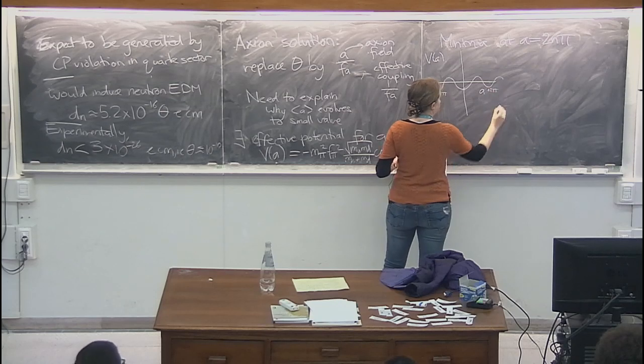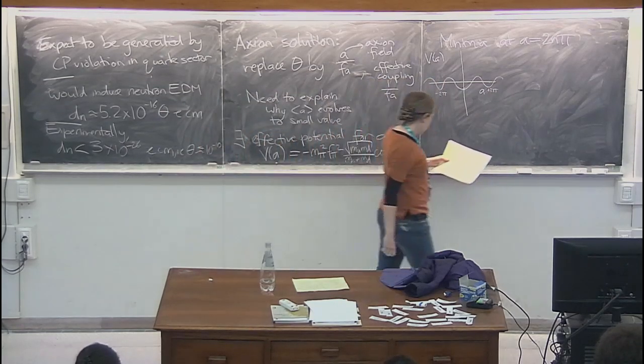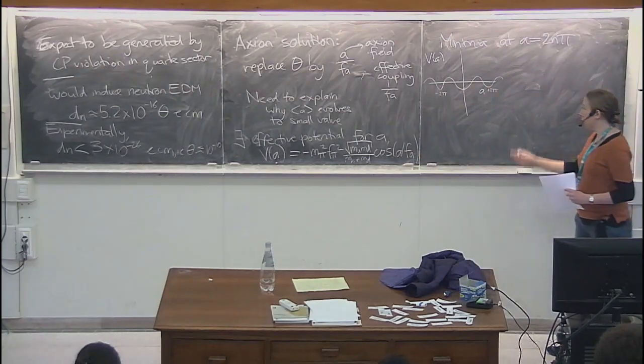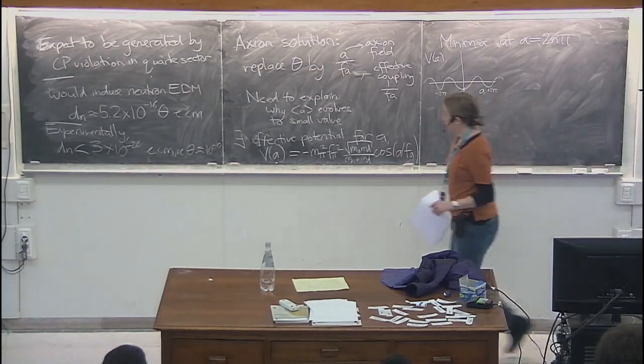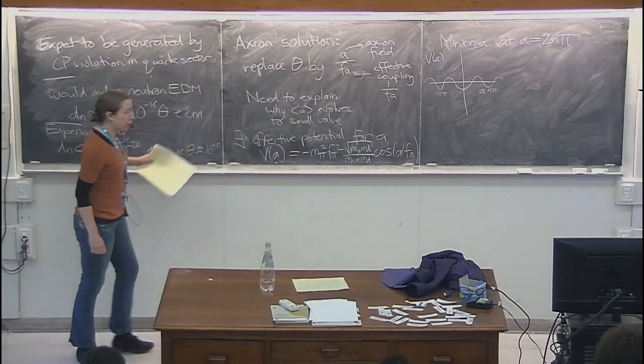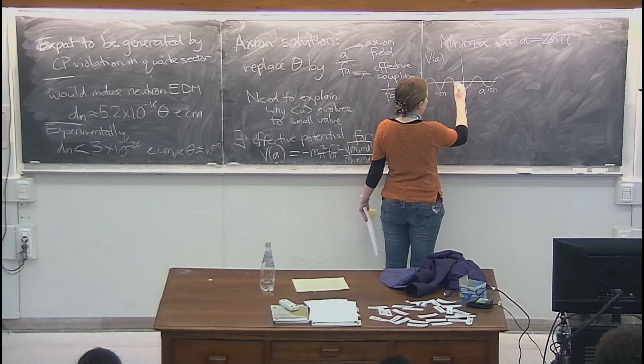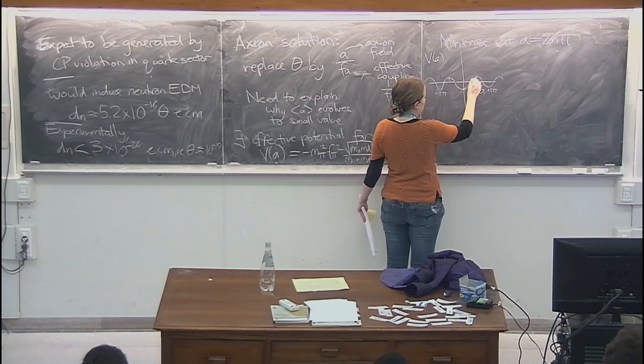We want the expectation value of this field to float towards an extremely small value. So if we have a term like this in the Lagrangian, let's suppose that we're somewhere in this region, in this part of the potential. If our field starts out here, it's going to roll towards this minimum at A equals 0. It will dynamically evolve towards the minimum of this potential.